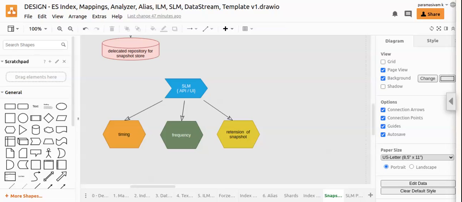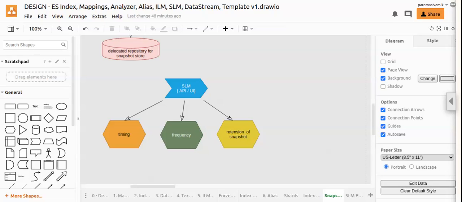We can wait for the scheduled time to occur, then the policy starts and the snapshot is taken. Or we can execute it manually, if we want to test whether it is working properly or not, for example a syntax error, a missing index, or a repository that is not connected. So we can manually execute it. But most of the time, only during debugging or testing will we execute manually; the rest of the time the SLM policy is executed